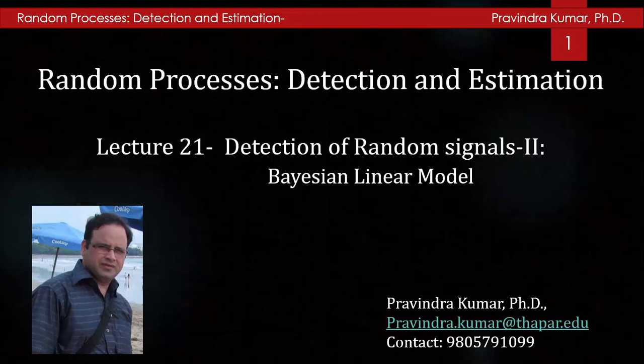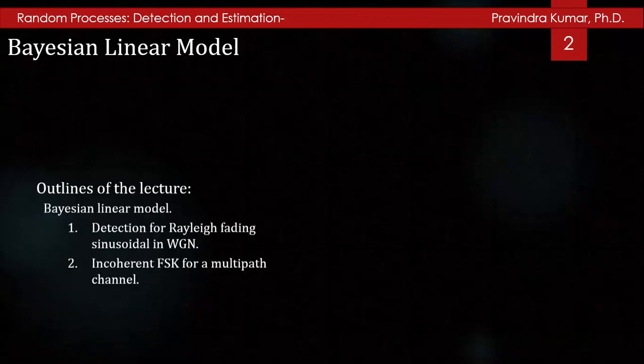Welcome you in the lecture series of random processes, detection and estimation. It is the 21st lecture of this series. In the previous lecture, we discussed the energy detector and the estimator correlator detector, which are useful to detect random signals. In this lecture, we will discuss the Bayesian linear model, and the outline of this lecture is: